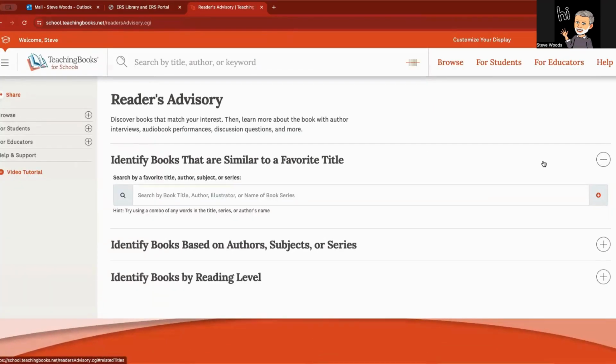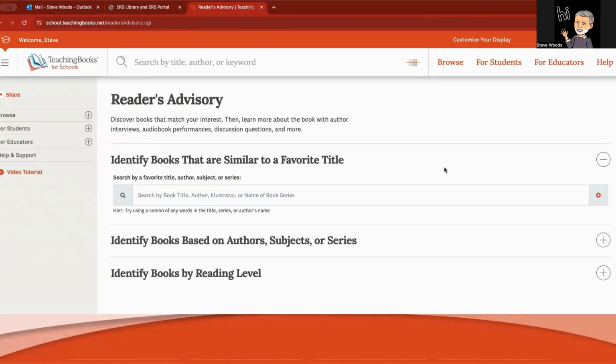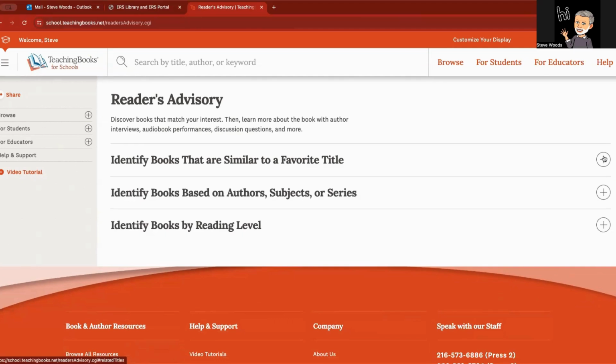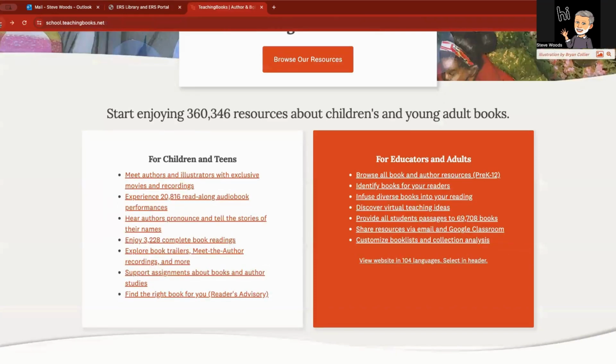And then you can go through and identify books similar to a favorite title. If any of your students have a title they really loved, they can put that title in. If they want to put the author's name in, they can. They can find books that are similar or written by the same author, based on author, subject, or a series, or find additional books to read by reading level. You can help a student get into TeachingBooks. This is also available on the Kids and Teen Portal, and helps them identify books that are related to books they absolutely love. On the right-hand side for educators and adults, you can browse, identify books for your readers, and infuse